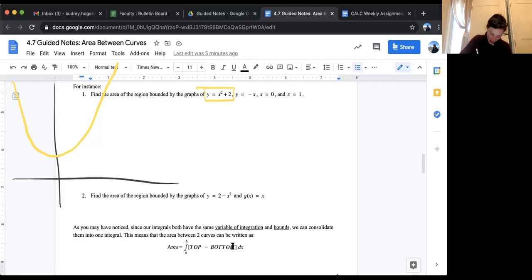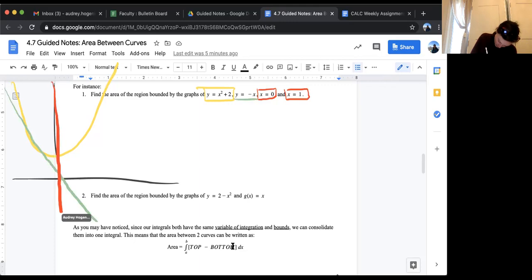Y equals negative x is going to be a nice line that goes like so. X equals 0 is going to be my axis. These, x equals 0 and x equals 1, are going to be my bounds, right? Because x equals 0, we know, is going to be a line right here. And then x equals 1 is going to be over 1 right about here. Okay, and so now we can see the region between our two curves is going to be